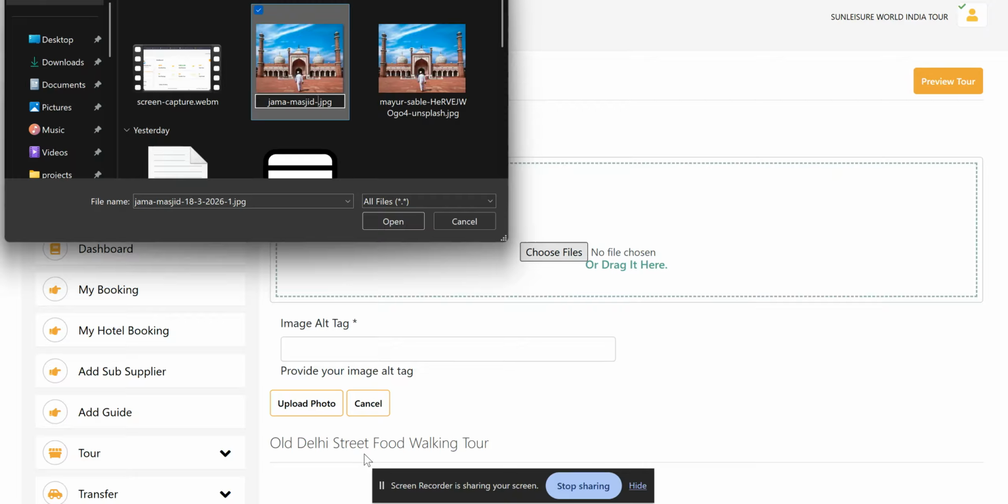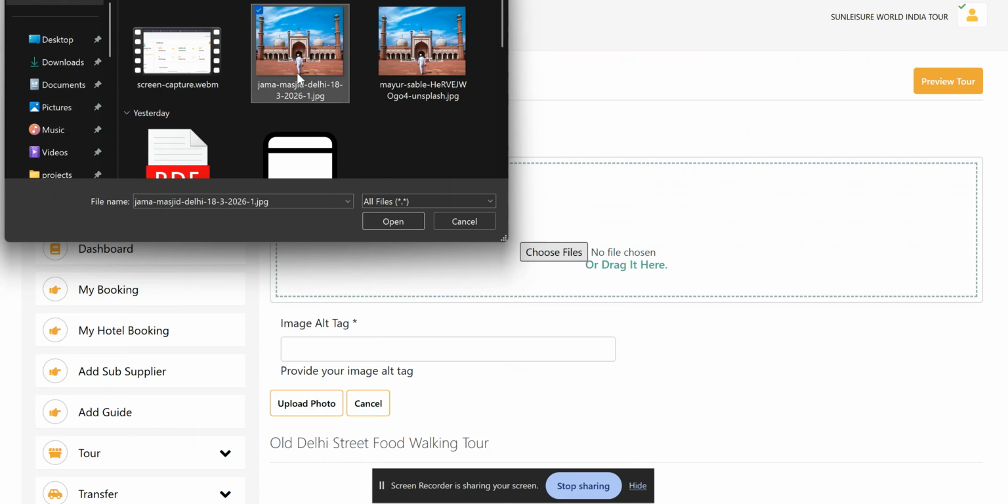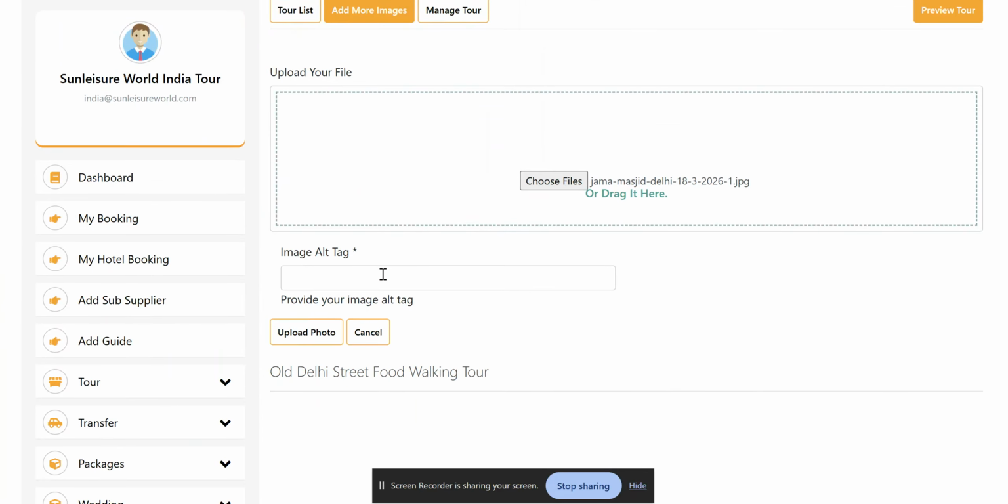Type in the attraction's name. You can also mention the city, and then to make this name unique, you can add the date on which you are uploading the image. So this will be 13/8/2026, and I'll add 1 over here. In case I'm adding other images of the same location, I can just differentiate it using 1, 2, 3 and so on. Now that you've renamed your image, you can just select that option, click on open, and